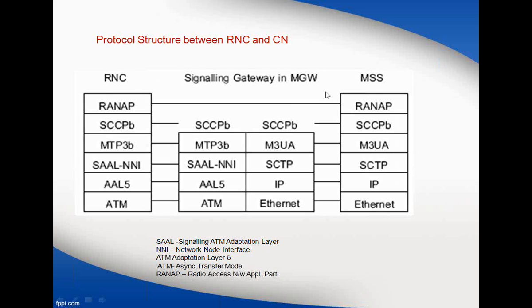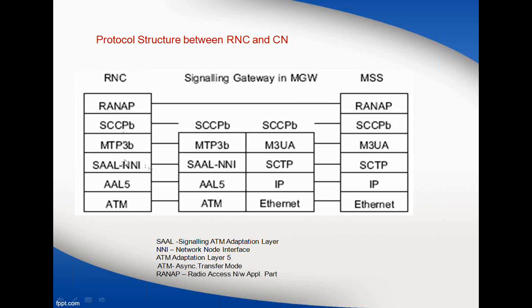So here you have the RNC, you have the MSS. This MSS is going to take care of all the MSCs which are under the core network control. Again, this is a diagrammatic representation of different networks. I mean to say, I'm just mentioning here how an ATM network works, how an Ethernet IP based network works. It's just an outline. So here in the RNC, you will be able to find a new protocol, which